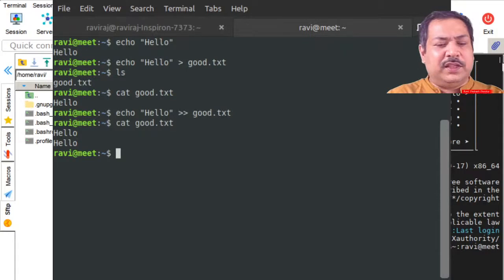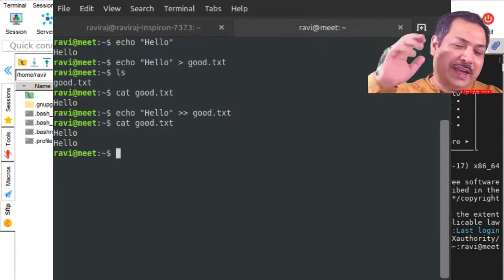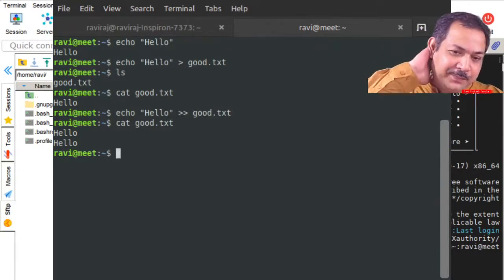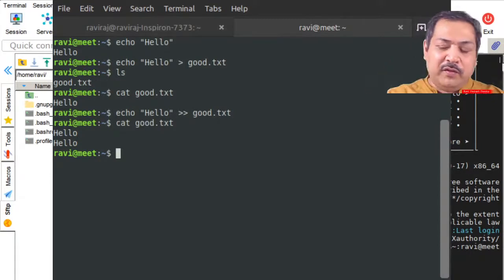Echo is typed in twice. So when you add or overload that operator, like you do in C program, what actually happens is that it appends to the existing file rather than overwriting it. However,